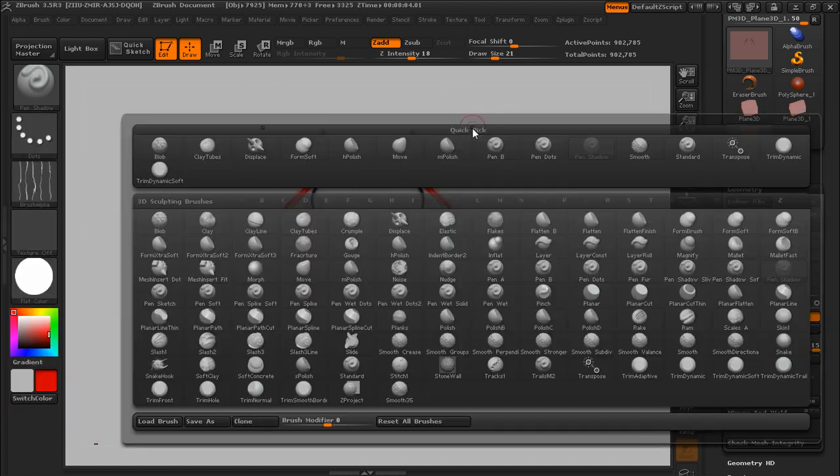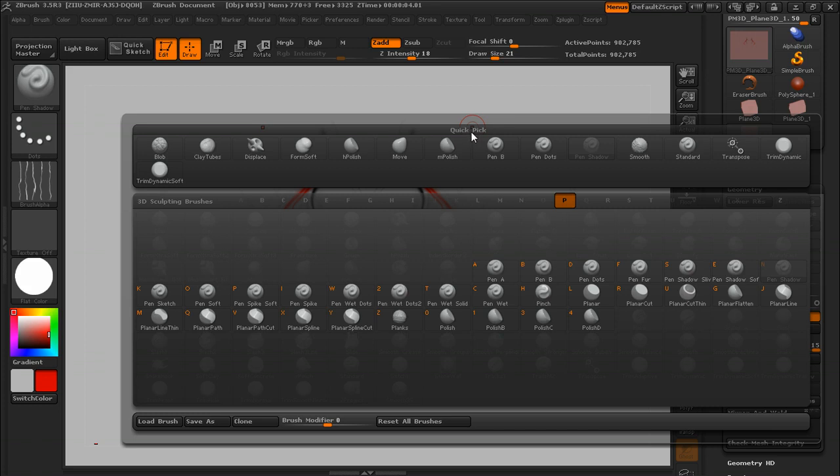So if you hit B, and let's say we want to look at those new pin brushes that they have. We can actually, on our keyboard, hit P, and that'll bring our selection up to any of the brushes that start with P. And since all the pin brushes start with P for pin, they're all right here. And if you actually want to select one of these, you can go down here and select it like this,